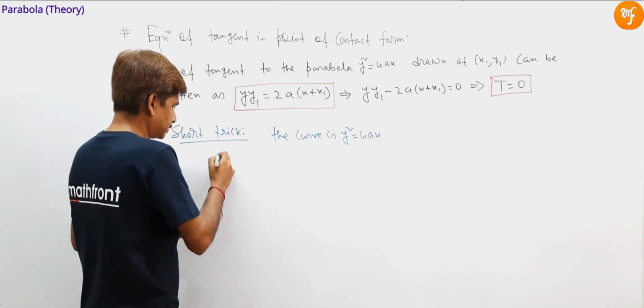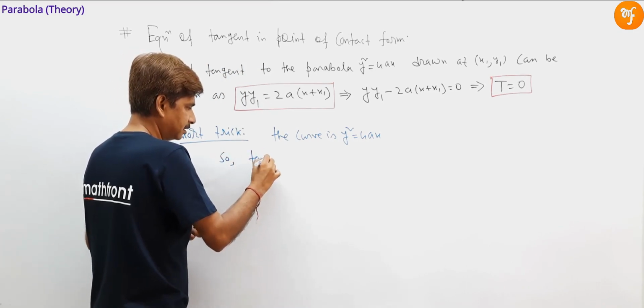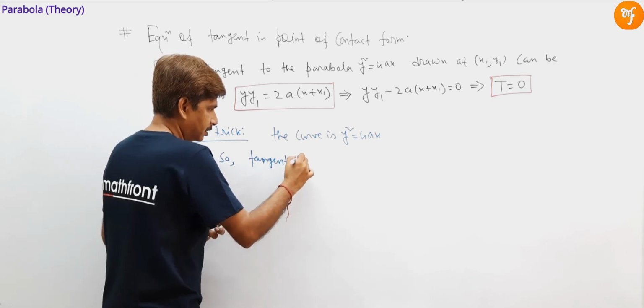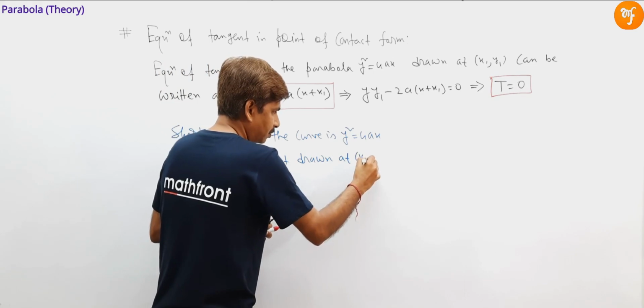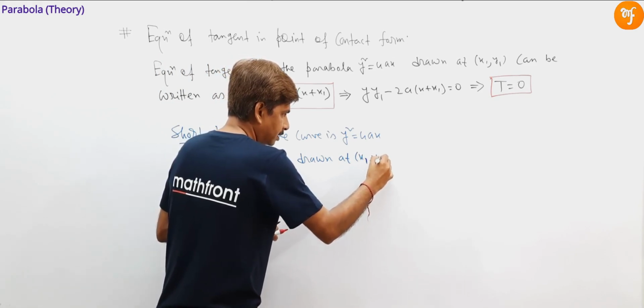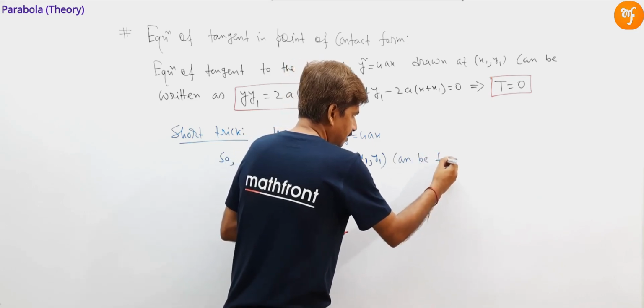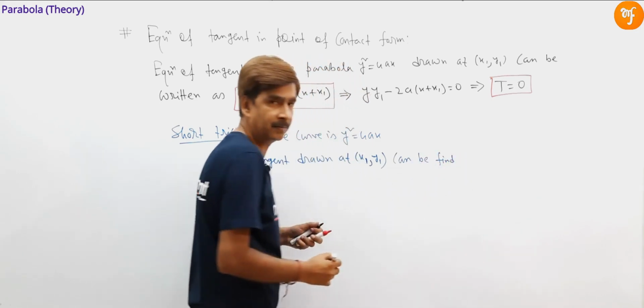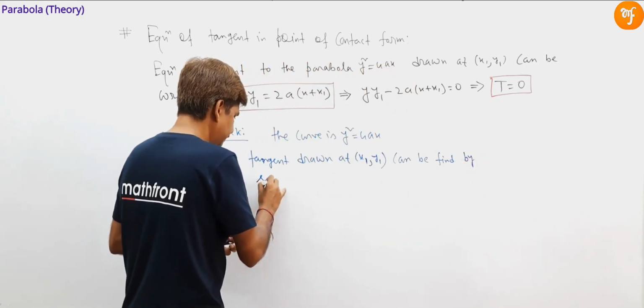So the tangent drawn at x1 comma y1 can be found by substituting